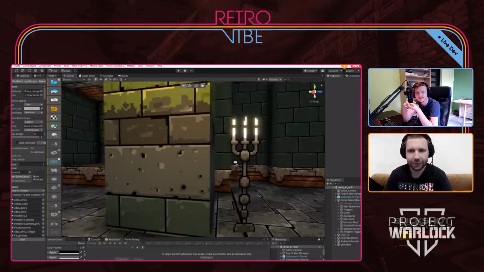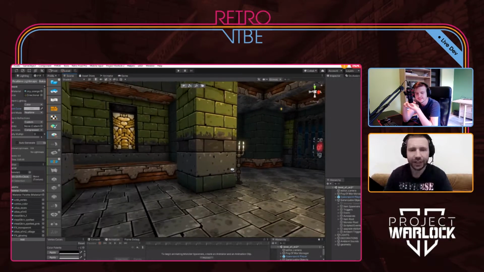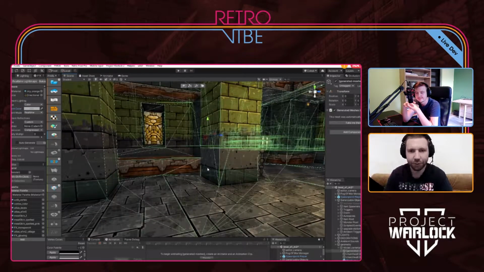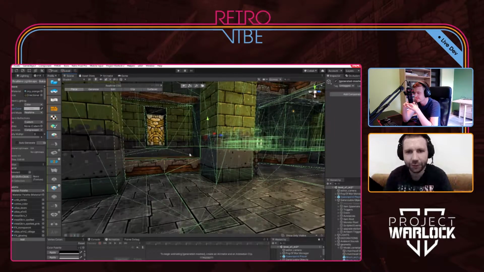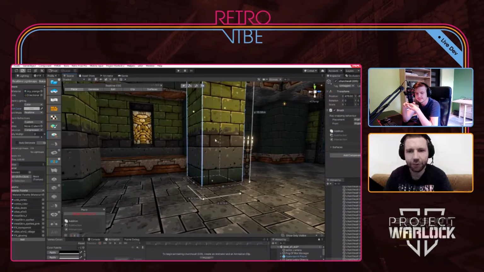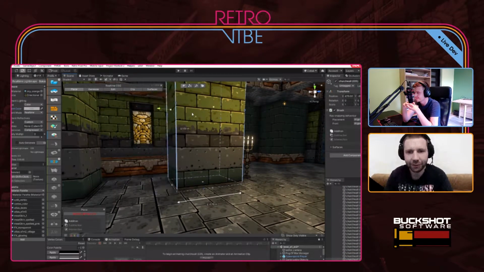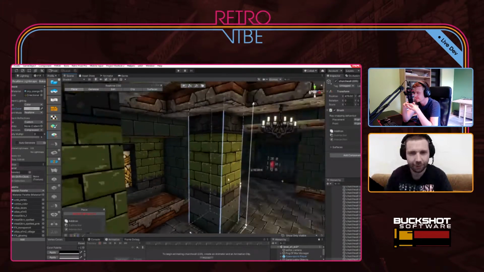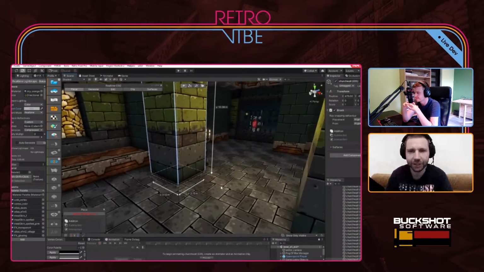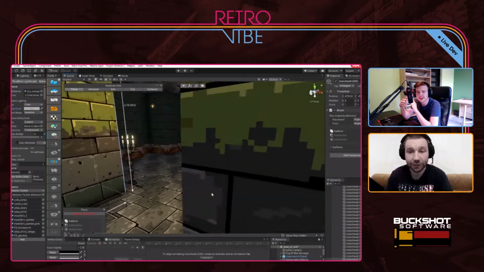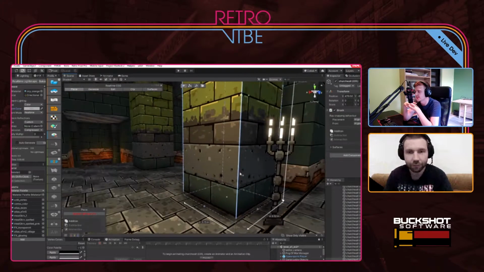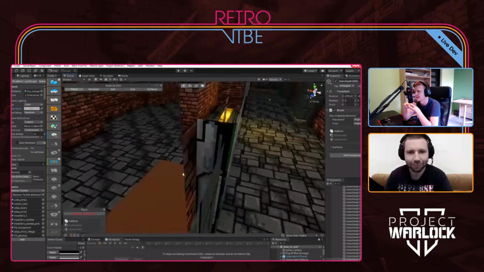When you set the texture size, it stays consistent no matter what you do with the wall or the texture. So let me just turn on the tool again. No matter what you do with it, if you scale it, if you reduce the size, the pixel size will always stay consistent. Yeah, so that was another problem in ProBuilder, the texture stretching. We talked about that too, right?